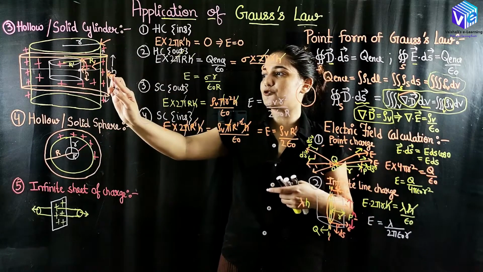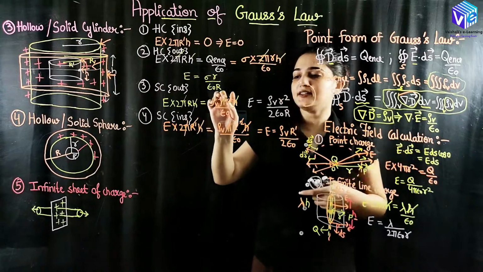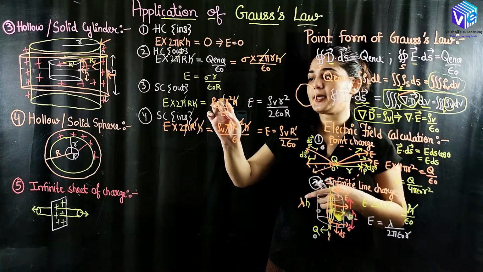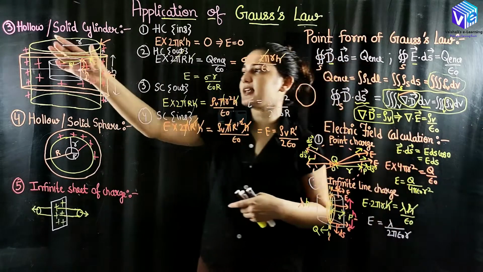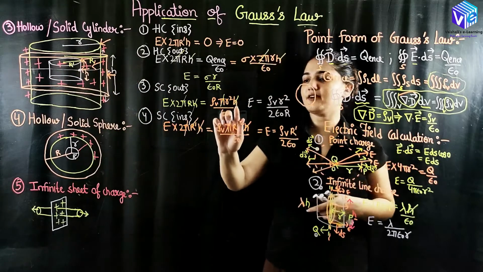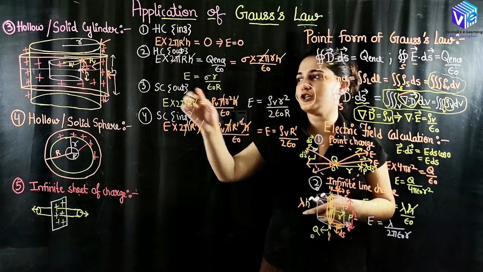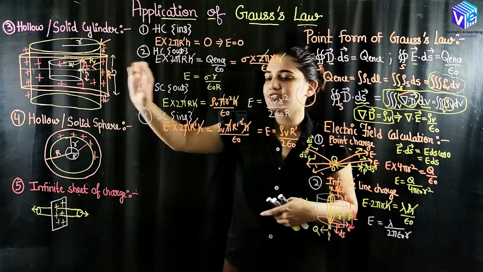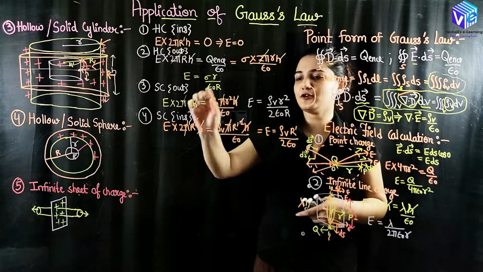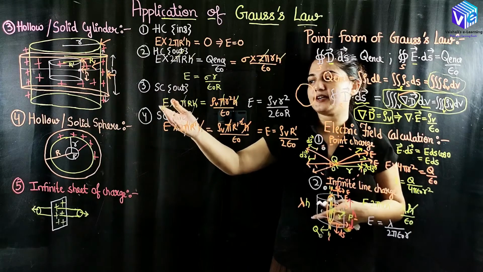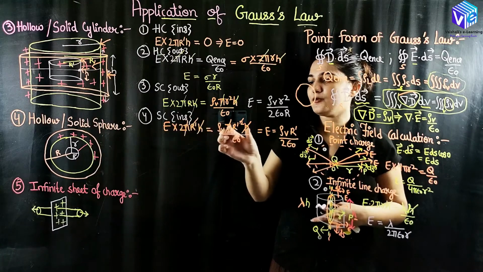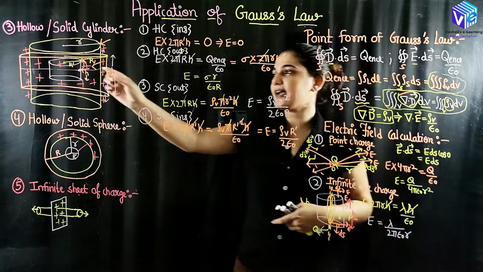Now if I have to find out the electric field at the outside point of a solid cylinder, I have taken the charge which I will find out with the help of volume charge density. With the actual cylinder of the given height h, I will find out the volume of the actual cylinder for the height h, and I will multiply it with the volume charge density. I will find out the charge enclosed. I will equate it to the E dot ds. Now in the inside case, I will need to know the volume of the inside cylinder.